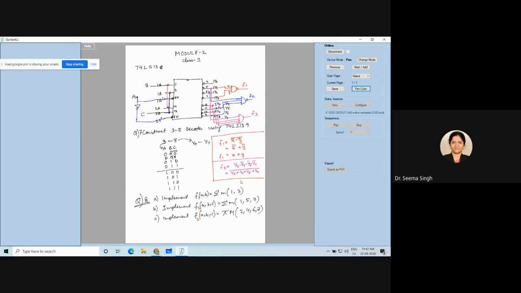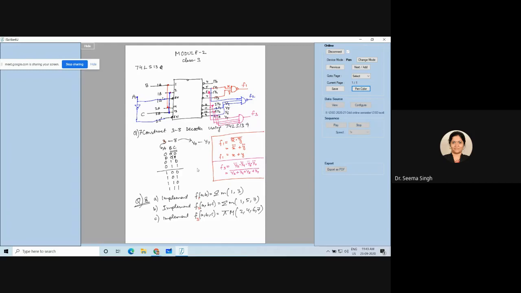Okay. So this is how you can implement various Boolean expressions directly using a 2:4 decoder or 3:8 decoder. If the question says implement this function using 74LS139, you should remember that they are asking about a 2:4 decoder, then you have to do this combination business. If they say implement question number 8B or 8C using a 74LS138, then what will you do? You will make a block diagram of your